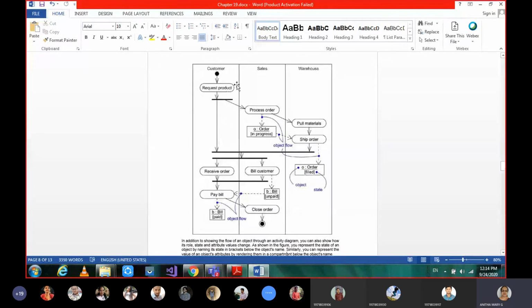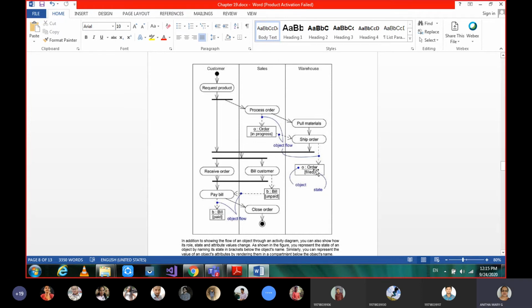So in the example we have studied, in order to do the process, whatever the customer is ordering for a particular product, that product will be taken as an instance, as some object. What is the initial state of that object? Maybe requesting for that product. And then that product has to be processed. That is where we need the object flow also. And then what should happen to that product? It should move to the shipping. So it is ordered and the shipping status is filled.